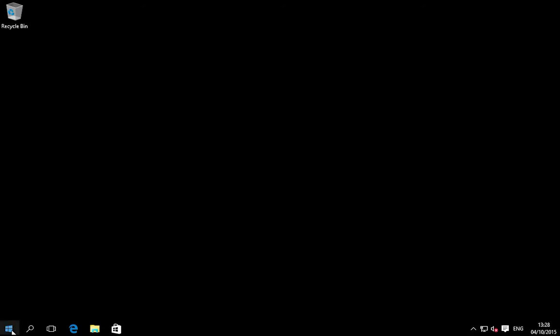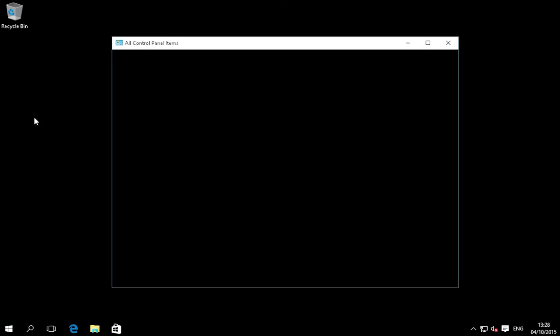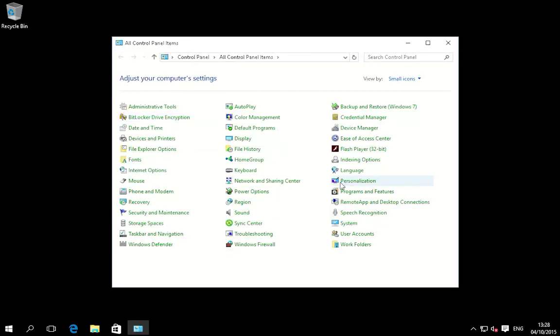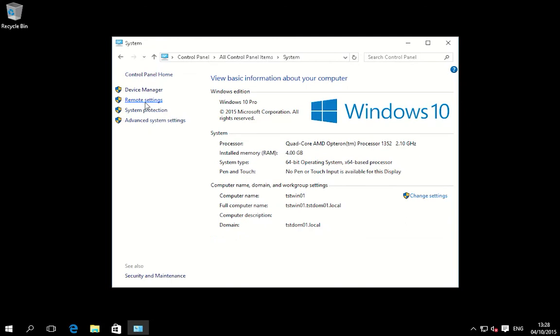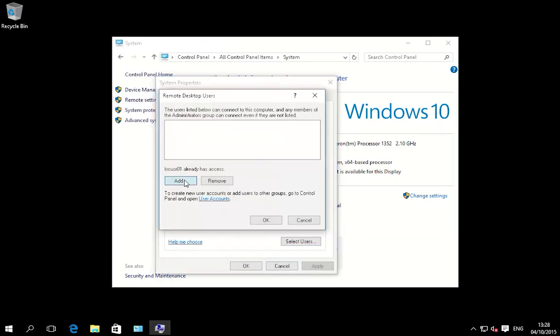Now we are logged in as a local user, which is a local user, but we need to allow remote access for our three Active Directory users. So let's go to Control Panel, System, Remote Settings. Now select Users, Add,